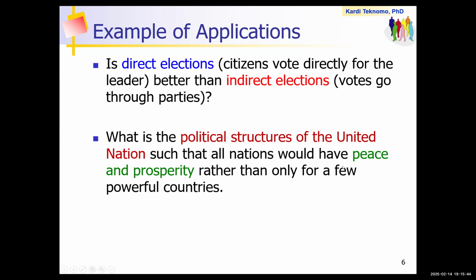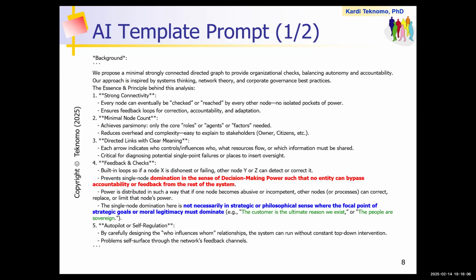Say in the United Nations, what is the better political structure for the UN to have peace and prosperity, rather than only a few powerful countries playing the major role? And so on. So these are examples of application of power dynamics. Now if I provide you with the AI template,